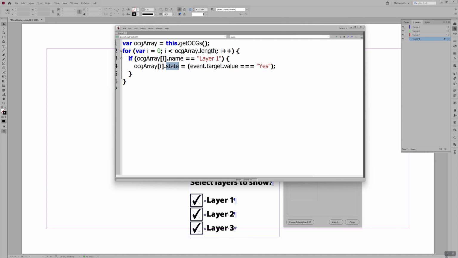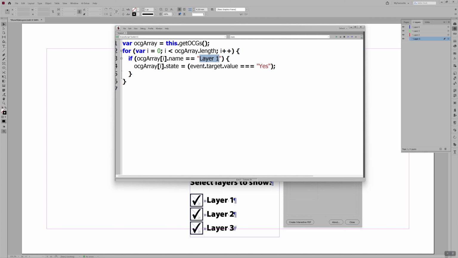Now, you do need to know scripting. I'm not saying this is straightforward stuff, but it's actually very easy because all you have to do when you edit this script is change this little string between the quote marks to whatever the name of the layer is that you want to show or hide, and you'll be okay.